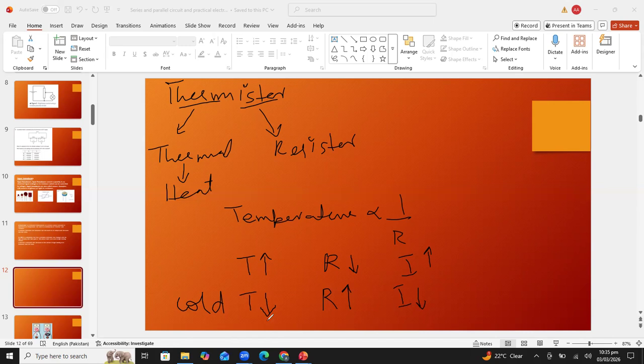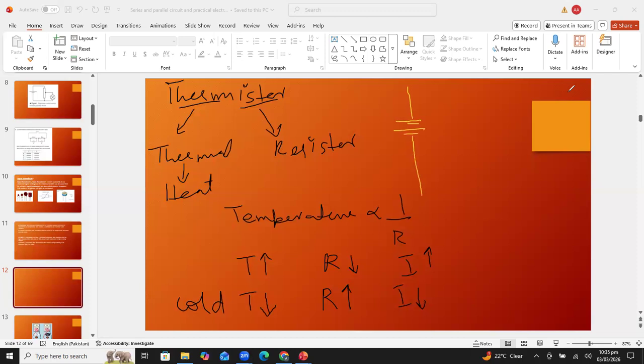But as the day will approach, so it means in daytime, temperature intensity will increase, temperature will increase. So the heater should be switched off automatically. So now we have to design a circuit by using thermistor or by using potential divider. I'm repeating, we need to design a circuit by using thermistor or by using potential divider.